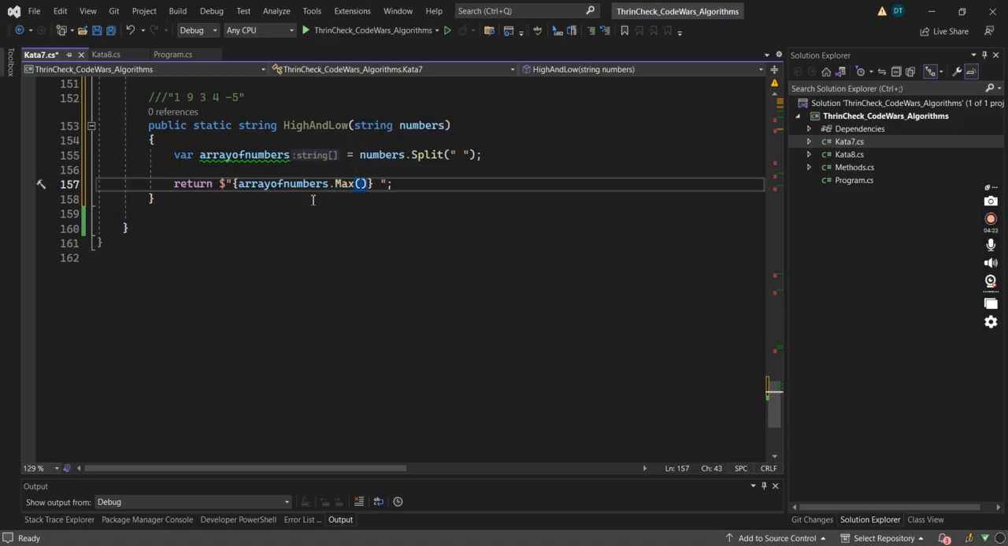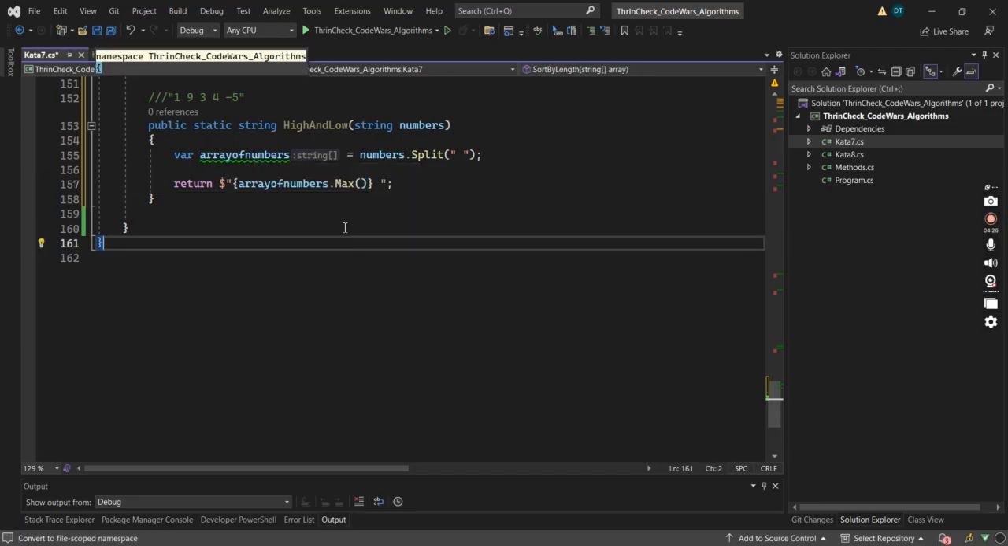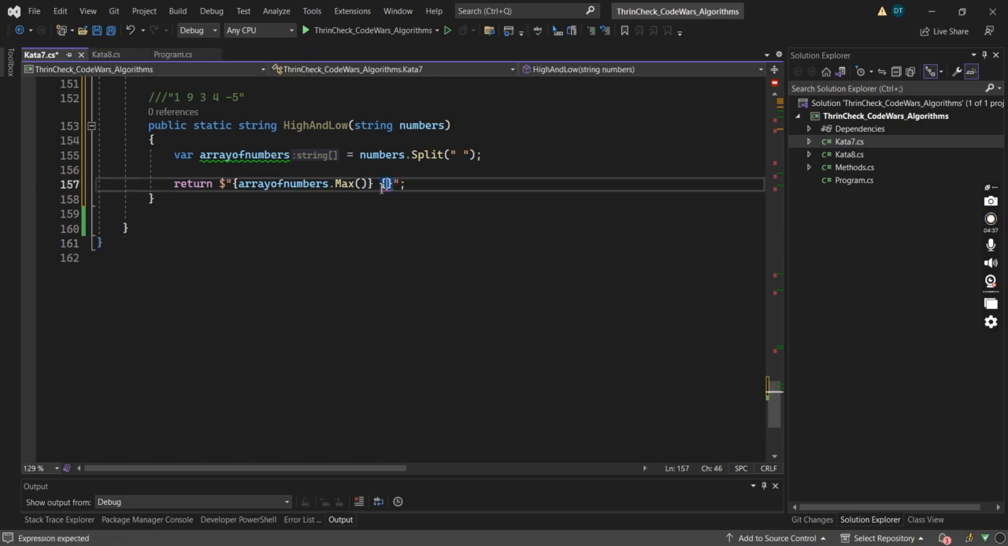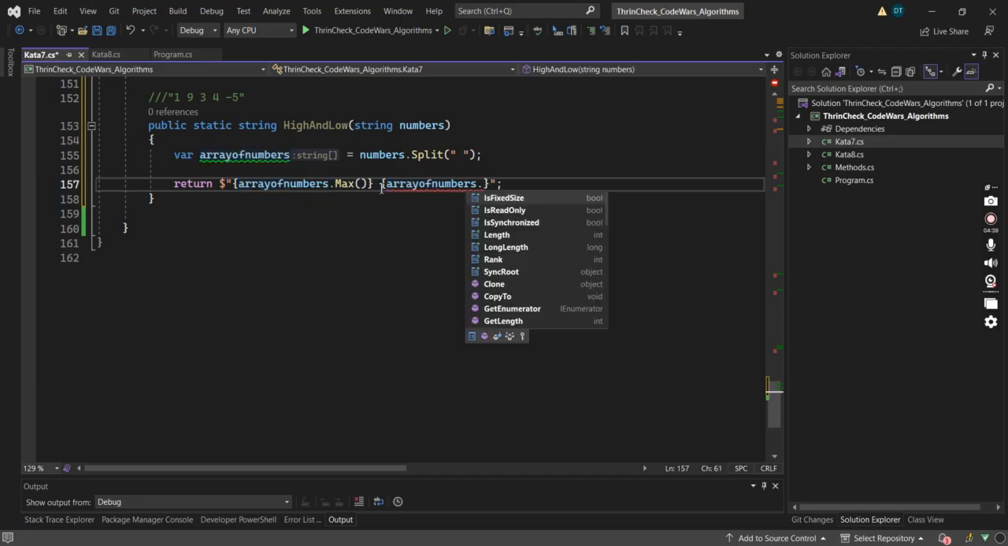So this will pick the maximum number, the highest number in the array, which will be our first number here. Then we come back here, and then another one, dot minimum,